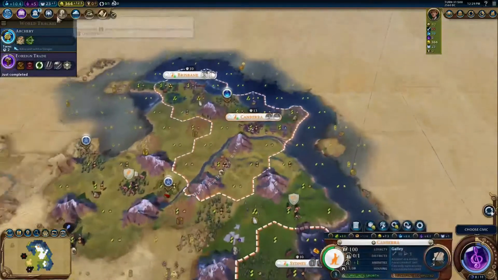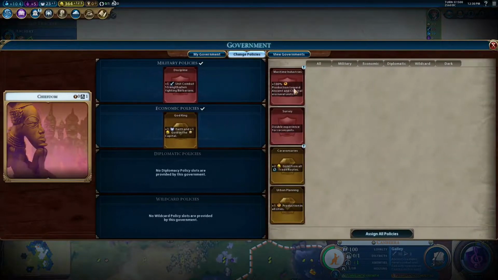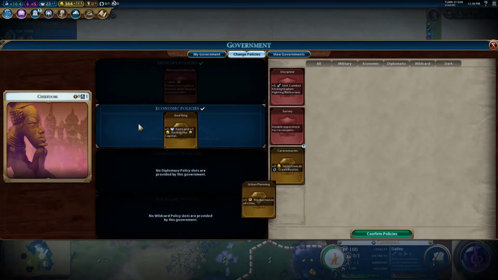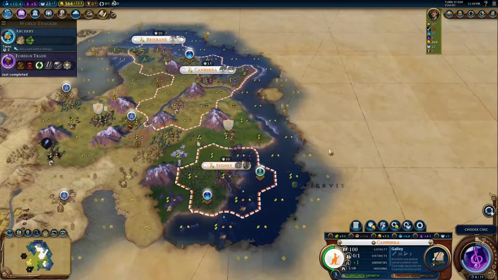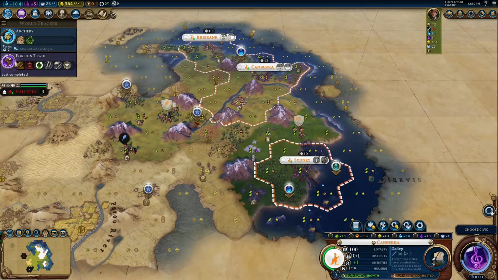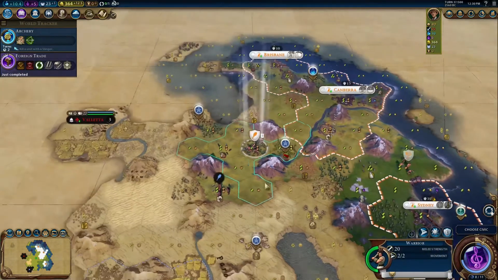So there's foreign trade. We can go ahead and swap in the Maritime Industries card to help us push out a couple of boats. And we should get our Pantheon pretty soon. But I have to keep running God King for a little while longer because I don't have it just yet. But good news is I'm close to craftsmanship finishing, so when I...